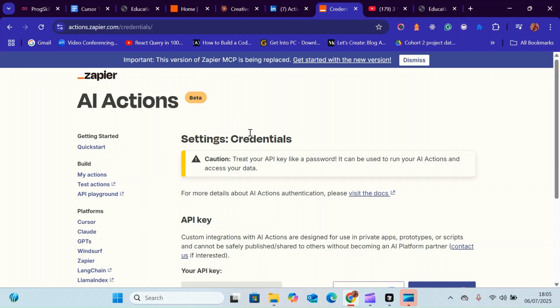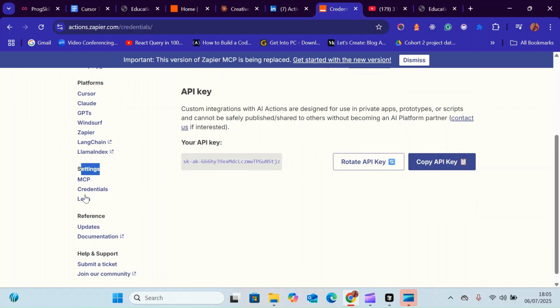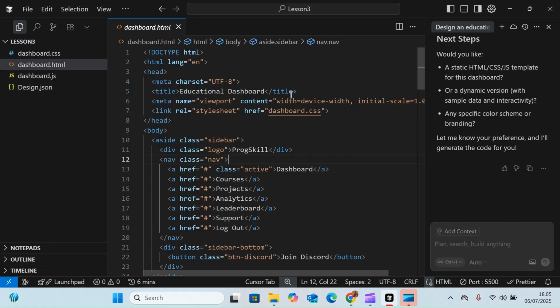So we can just go to Zapier. Make sure that you're on actions.credentials.zapier. Check the link on the description below. Get your credentials. Just go to settings, credentials. Then you have your credentials. In case you don't have your API, you can create your own API. Just click to create your own API. So once you get your API, it's very simple. Copy the API key, then go to your cursor,